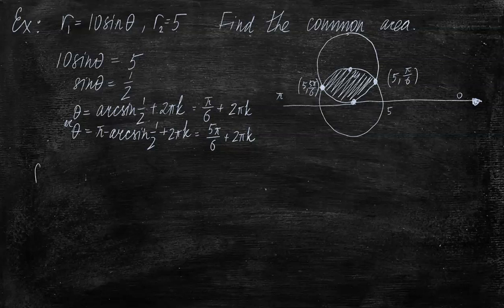And it can be very tempting to just write this integral from pi over 6 to 5 pi over 6 of, in this region, r equals 5 is the outer curve, so to write it like this, 1/2 times R2 squared minus R1 squared d theta. As I said, it is very tempting, but it will not give us the right area, because if you zoom in and you look closely into this region,